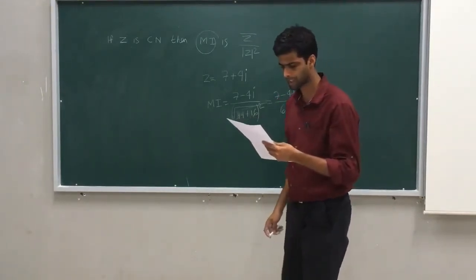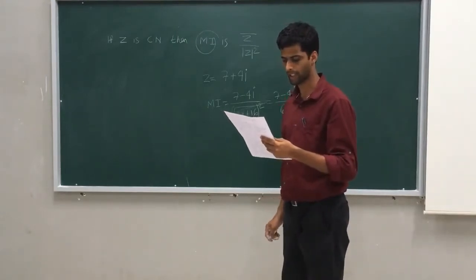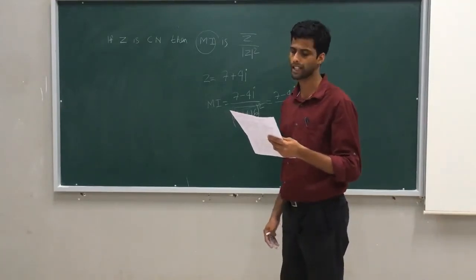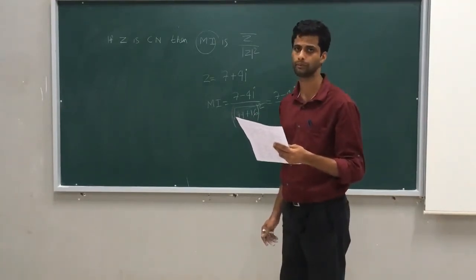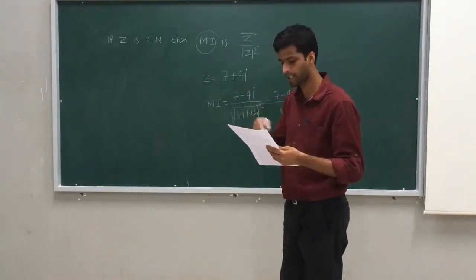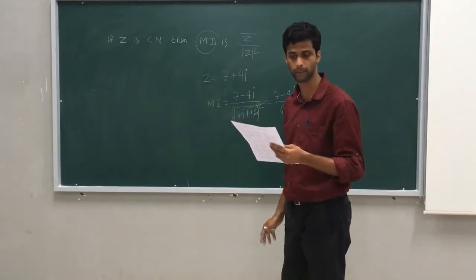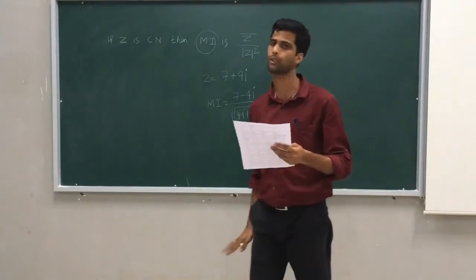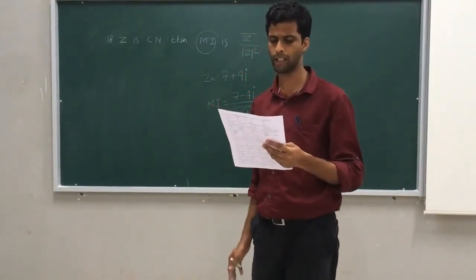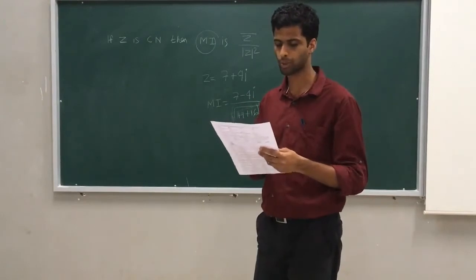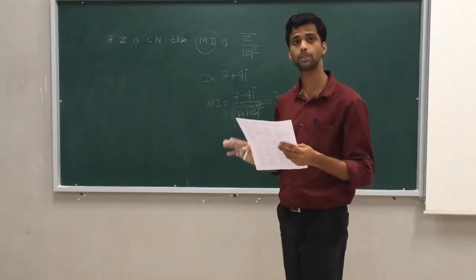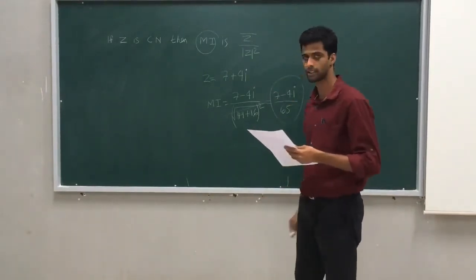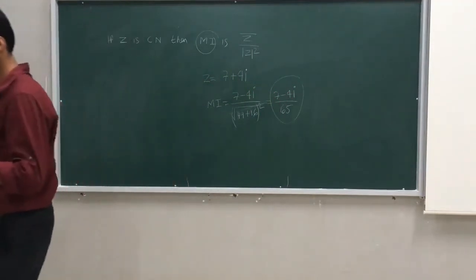I guess it may be a print mistake. So just take that option as 7 minus 4i divided by 65, or you may take this question as 7 plus 24i also. If the question is 7 plus 24i, then option B is the right answer. If the question is 7 plus 4i, the right answer is 7 minus 4i divided by 65. But with respect to 7 plus 4i, no option suits because it's a print mistake. You just take care of this question. So we'll jump to question number 6.